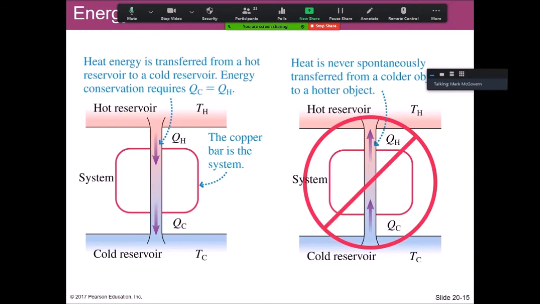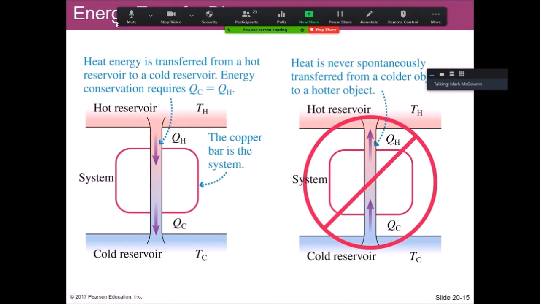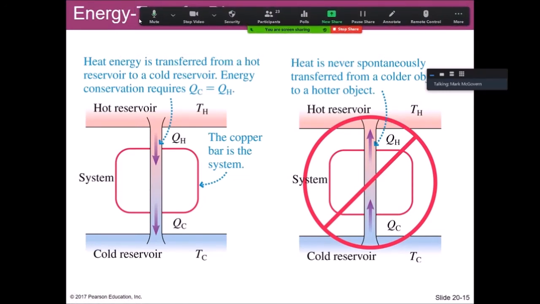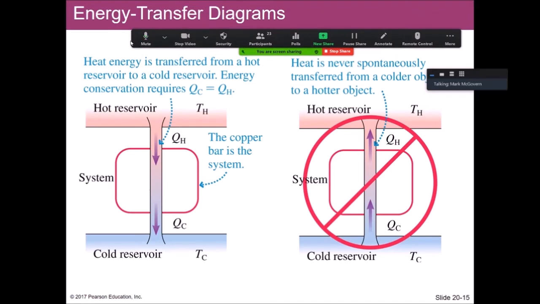Now, you're going to start to see these diagrams a bit more. This is a way we talk about basic engines and how heat is moved in them, and we call them heat transfer diagrams. How it typically works is we have a hot reservoir and a cold reservoir, and we have a system. The system is maintained in the region between them. In this example, we don't really have any kind of system. We just have a means that connects the reservoirs together. The one on the left is allowed. The one on the right is not allowed.